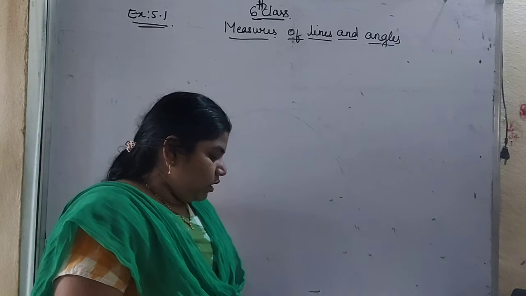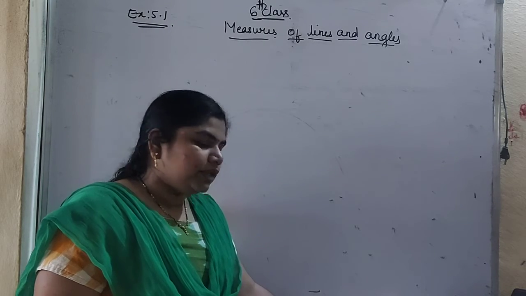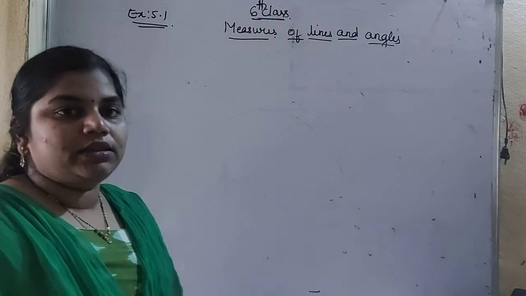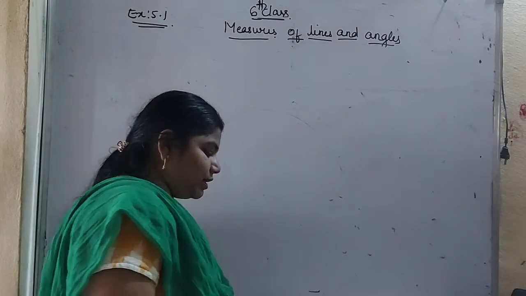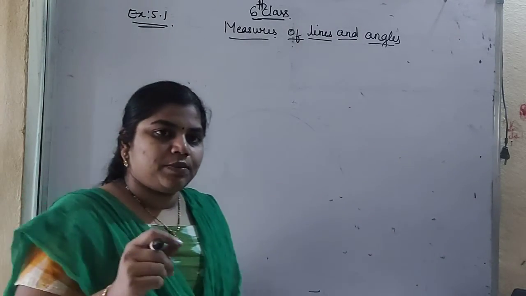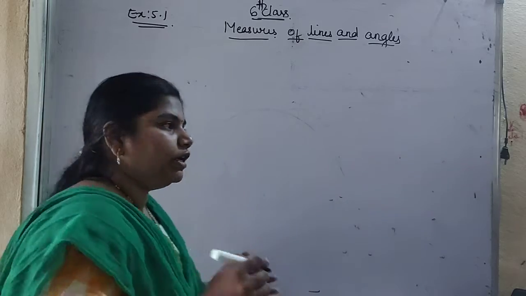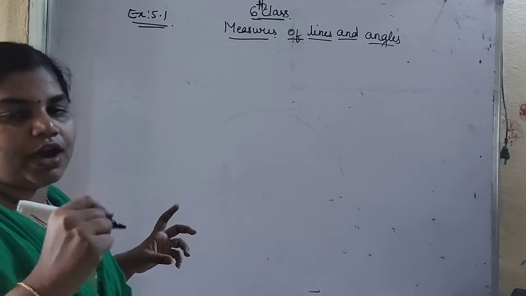They have given 1 point for Almara. They have given the dark line for Almara. So like that you have to measure all the line segments. So mark all the line segments, all the points. For every edge you have to mark 1 point and you have to draw a line.